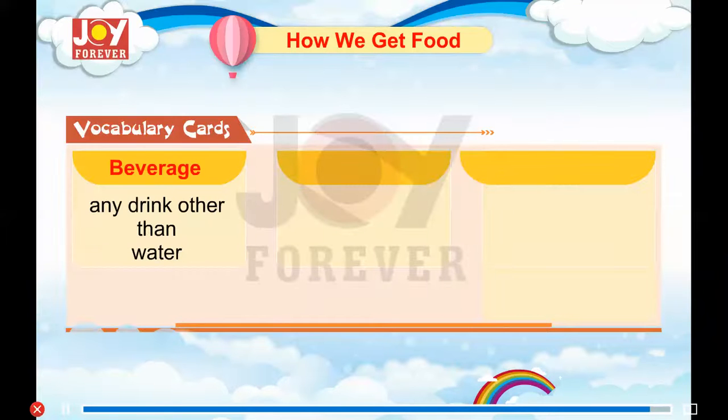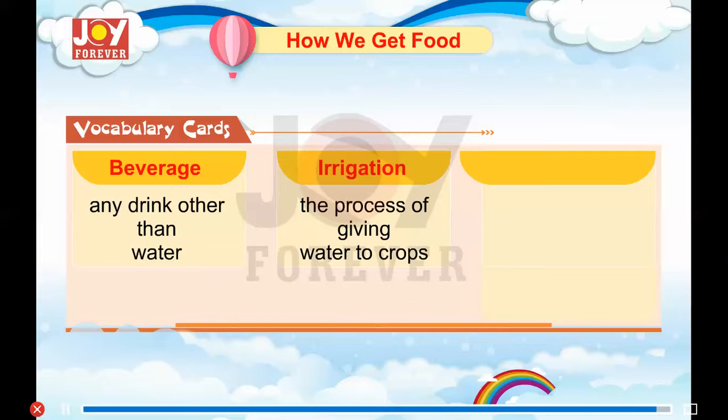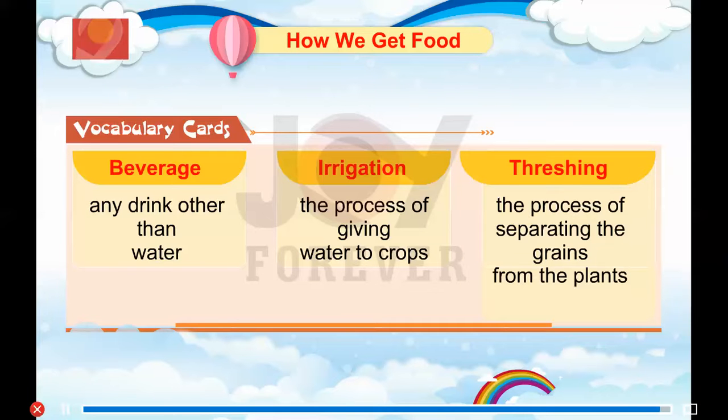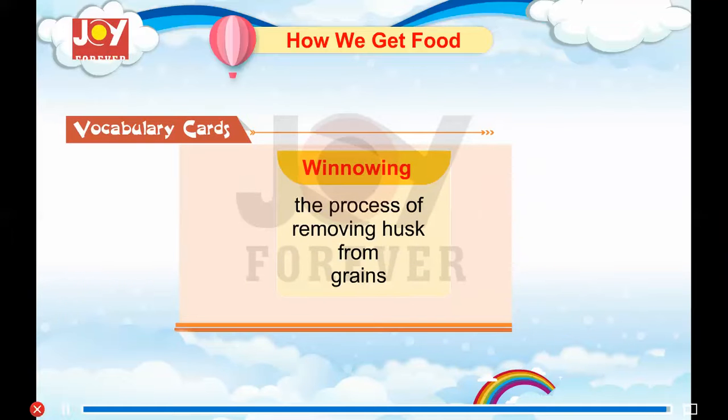Vocabulary cards. Beverage. Any drink other than water. Irrigation. The process of giving water to crops. Threshing. The process of separating the grains from the plants. Winnowing. The process of removing husk from